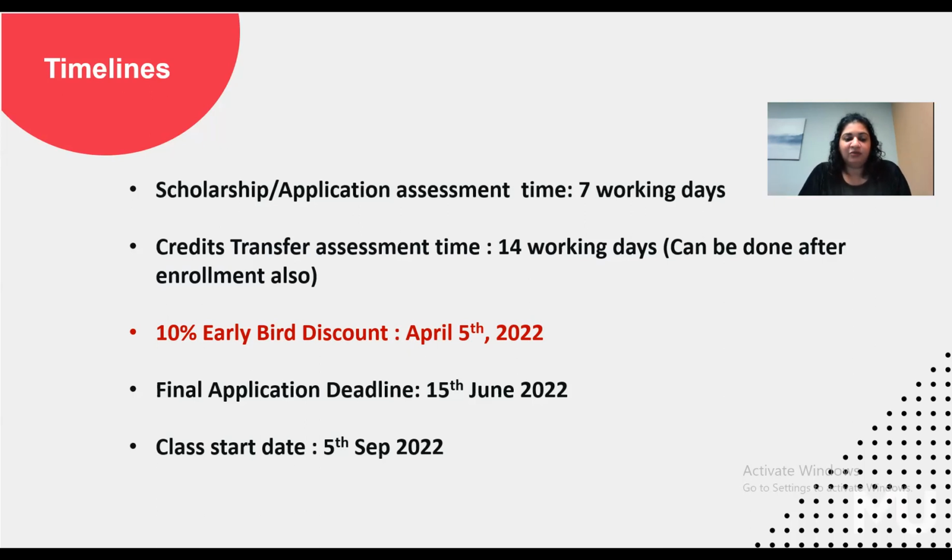So I would really request you to make an application as soon as possible, so that if at all you decide to join us, you still can make it before our 5th April 10% early bird deadline. Credit transfers take around 14 days. Again, if you're someone who's looking at saving money by getting credits also transferred, you should do your application right away so that we have enough time before the deadline. It will be a bit tight actually with credit transfer since we're already in mid-March. But if you're really serious, you can apply this weekend or before this weekend.